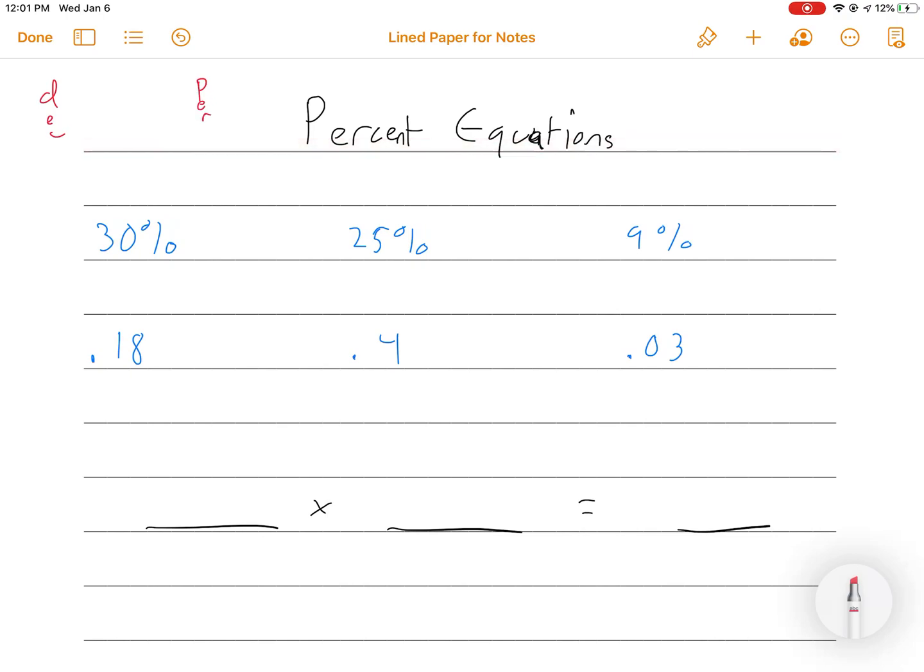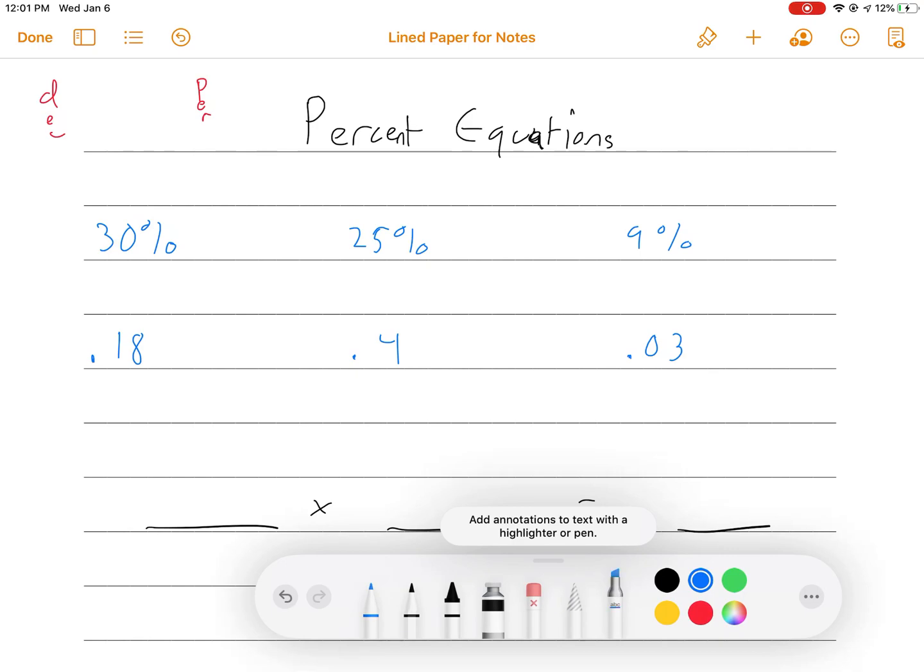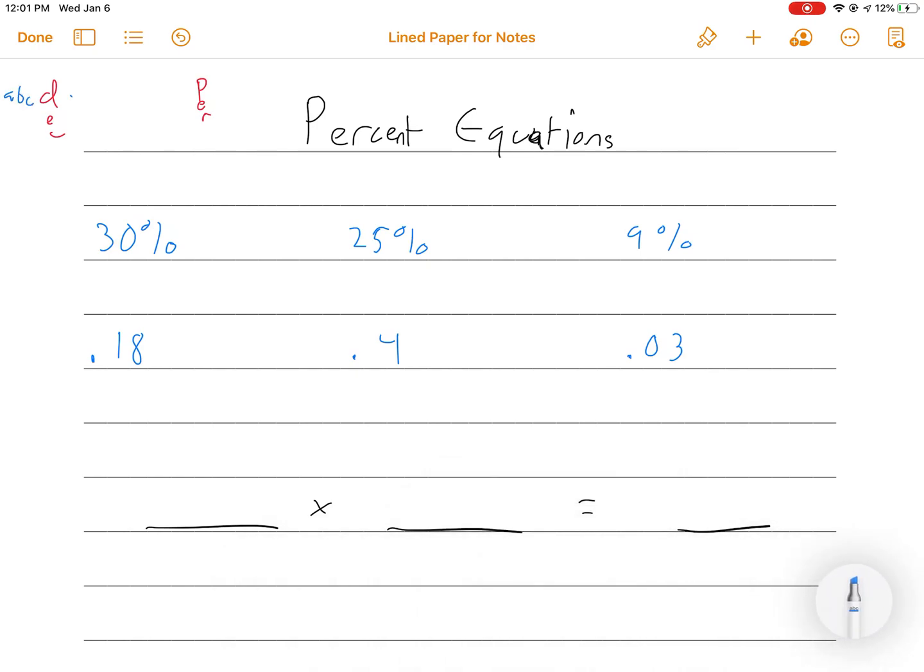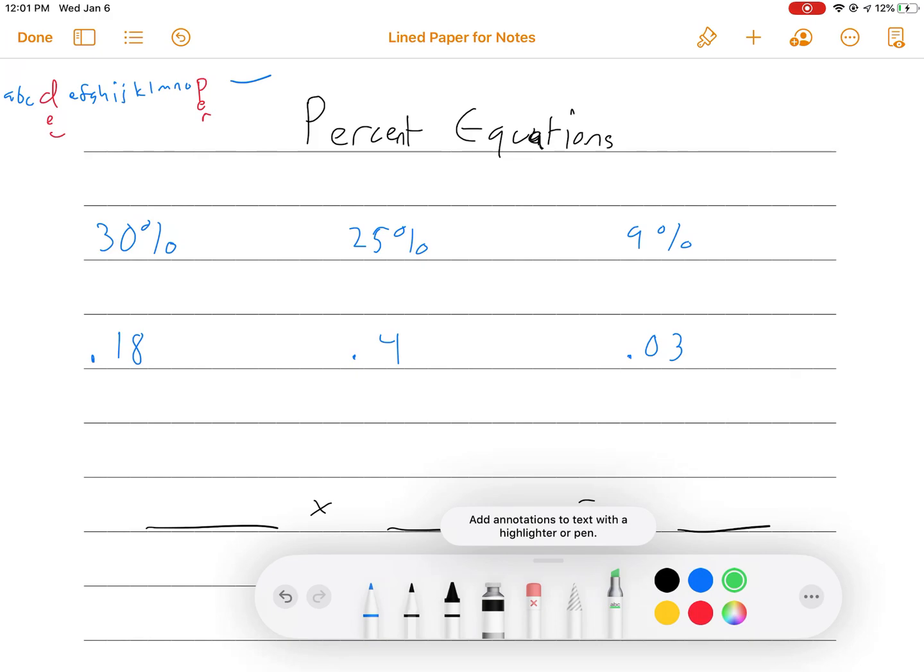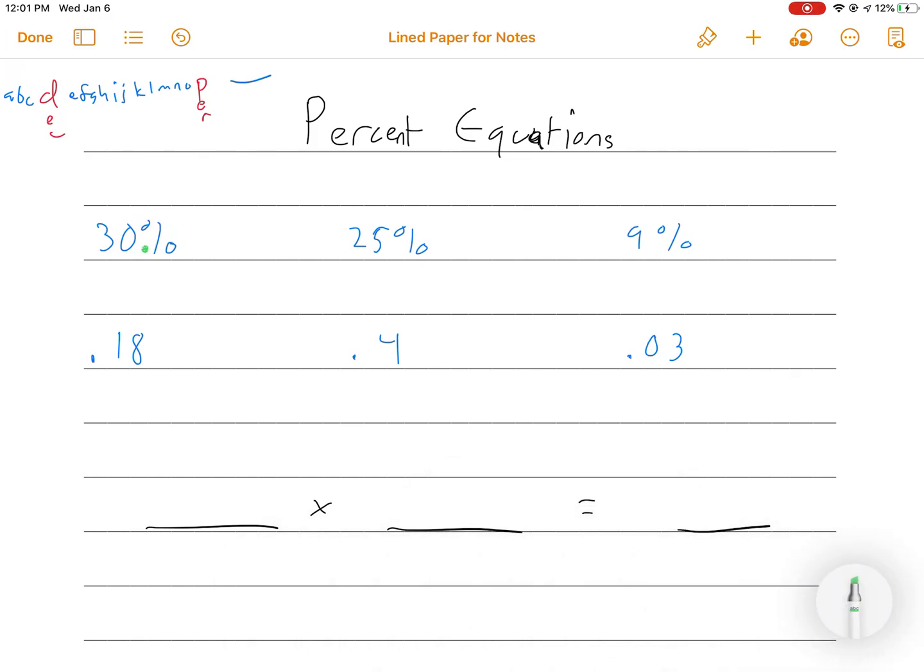If you think about the alphabet, you've got A, B, C, D, E, F, G, H, I, J, K, L, M, N, O, P, and then the rest of it. But point is, in the alphabet, D comes before P. If you were to look up the two words in the dictionary, decimal would come before percent. So the trick that I have is that if we have a decimal place,